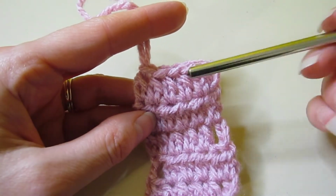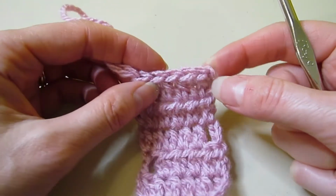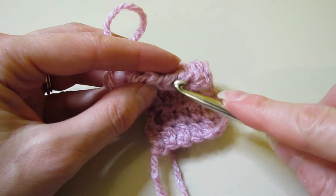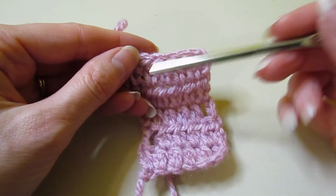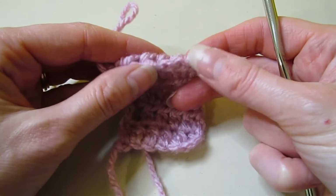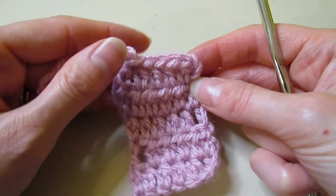It's just a little bit taller than a regular half double crochet. And the nice thing is if you do work this in the round, you do have that extra loop there. So if you wanted to do third loop half double crochet in the round, I think that would look really neat and give it a little bit of a different look. If you don't know what I'm talking about, I can certainly link that stitch. I do think this would be a versatile stitch and a fun one to try out and incorporate in different